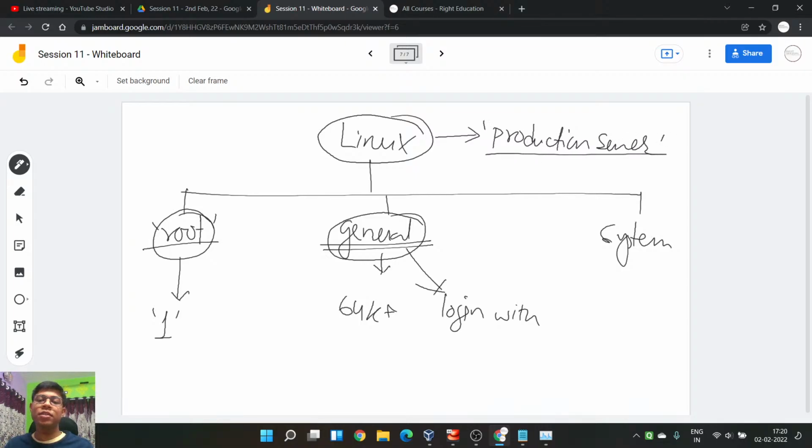So in the production server, if someone is given root user access, they will say, give me the root user access, I will not do any harm to your production system. But understand one thing, this is where the actual industry concept comes up. The industry always says don't believe anybody.